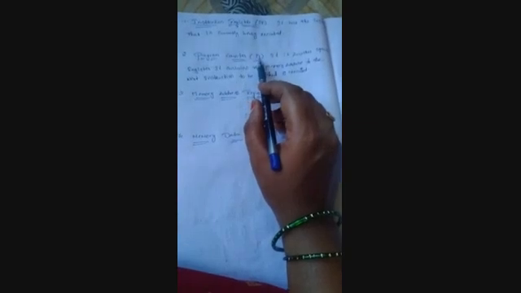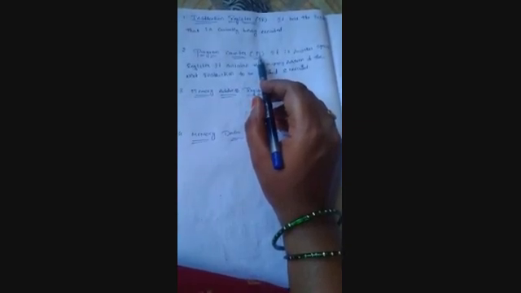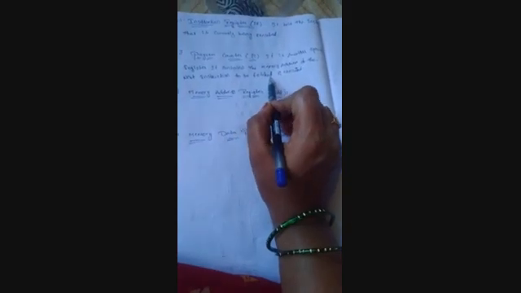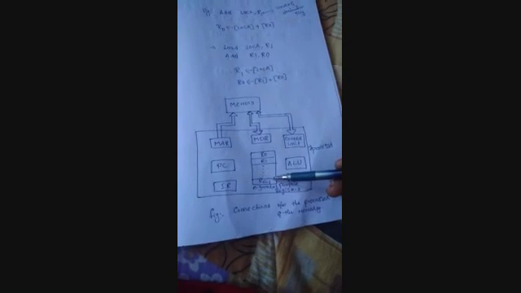During execution of an instruction, the content of the program counter is updated to correspond to the address of the next instruction to be executed. Besides this, there are n general purpose registers from R0 to Rn minus 1. They are used as storage devices. These general purpose registers are temporary registers.